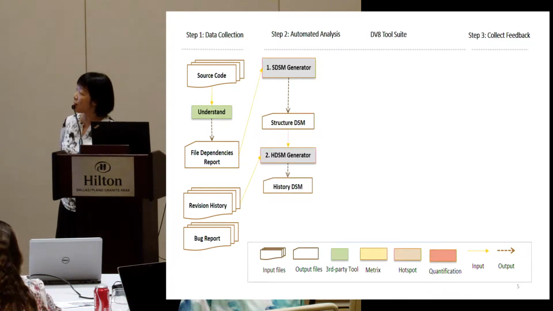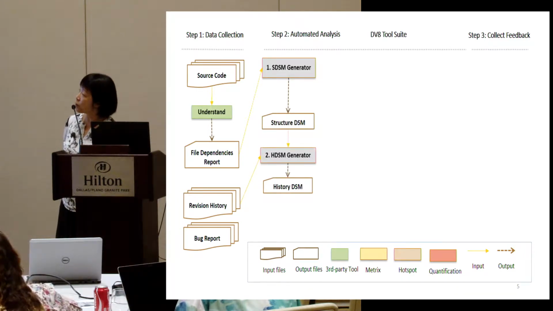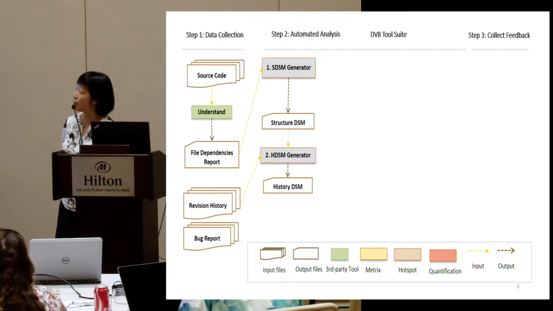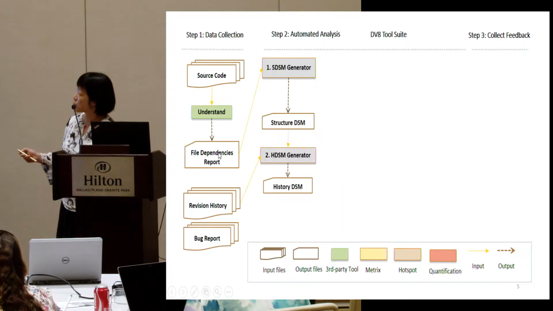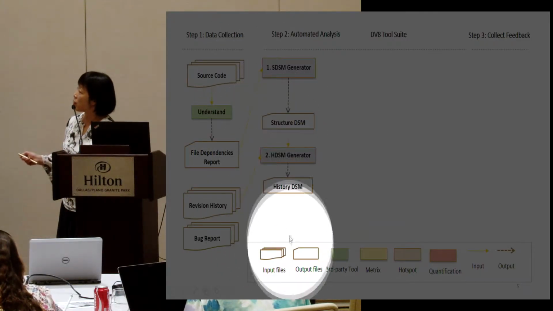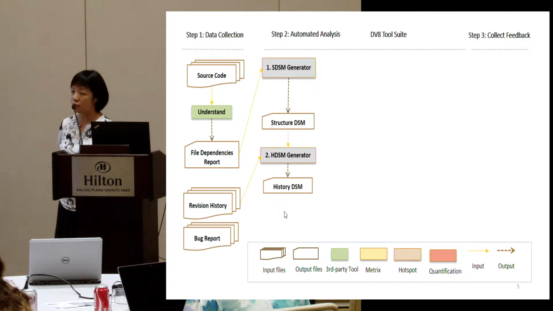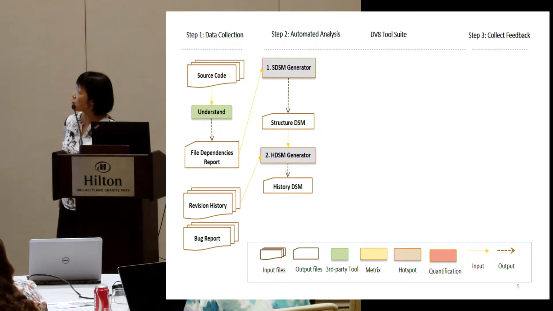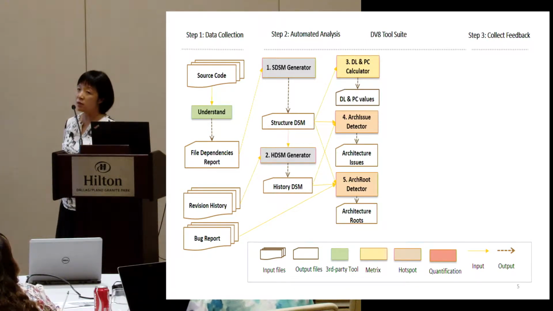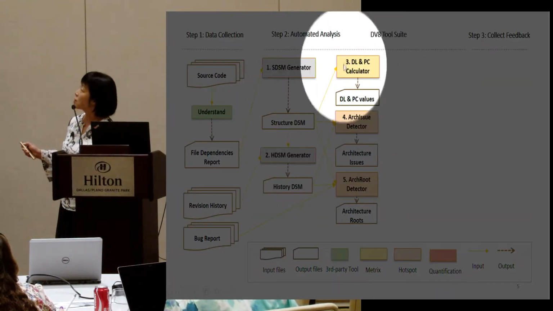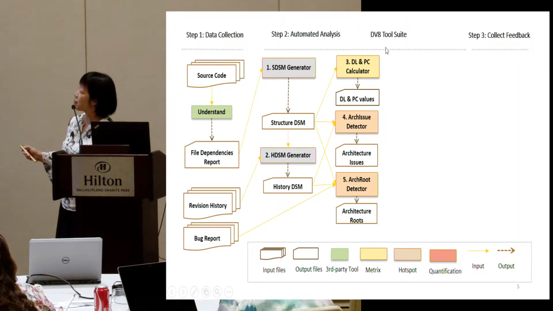And using this source code dependency information output by Understand, and also using the history, we generate two kinds of design structure matrices. The first design structure matrix represents the structural dependency among source code. The second one will model how often two files change together in revision history. And given this information, and given the standard representation, that is DSM, we further do our metrics calculation and